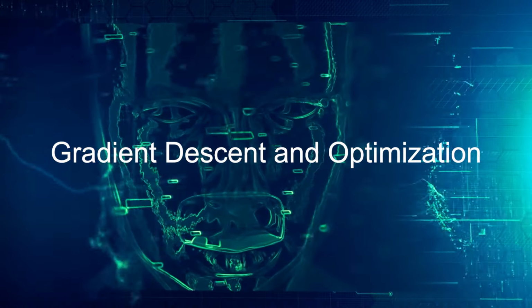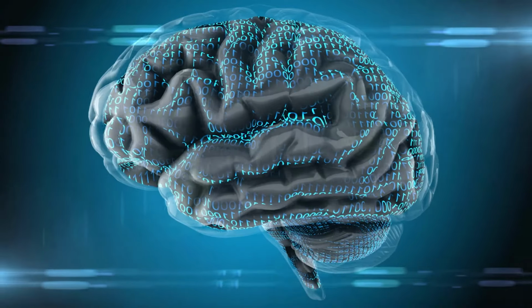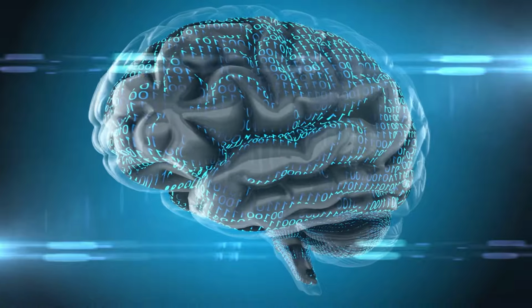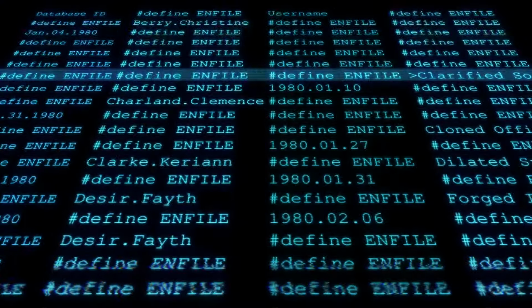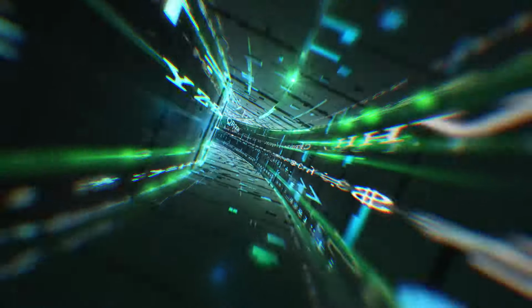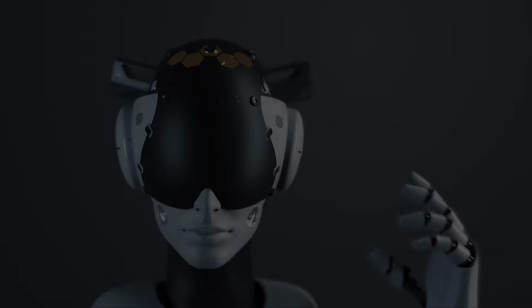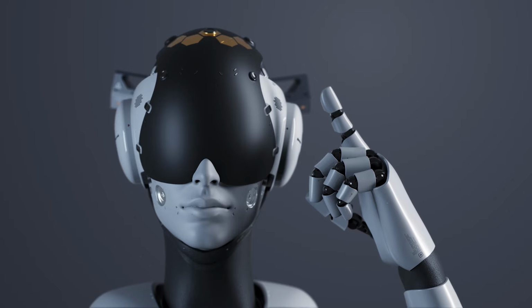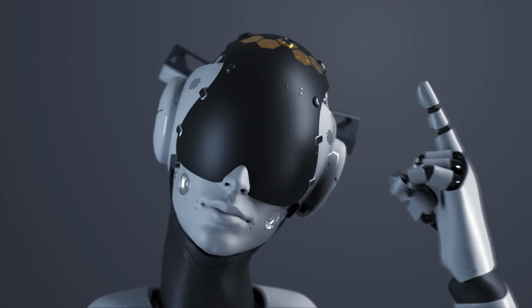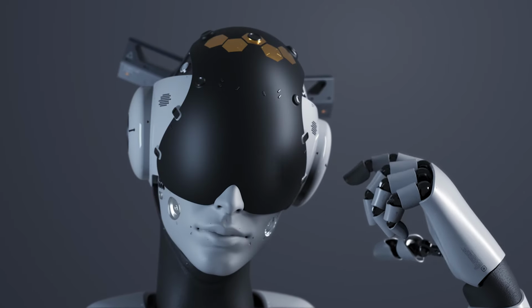Gradient descent and optimization. Backpropagation relies on the principle of gradient descent, an optimization technique that iteratively adjusts the weights of the network's connections to minimize the loss function. By computing the gradient of the loss function with respect to the network's weights, we can determine the direction in which the weights should be adjusted to reduce the error. This process is repeated iteratively until the network converges to a set of weights that produce minimal error on the